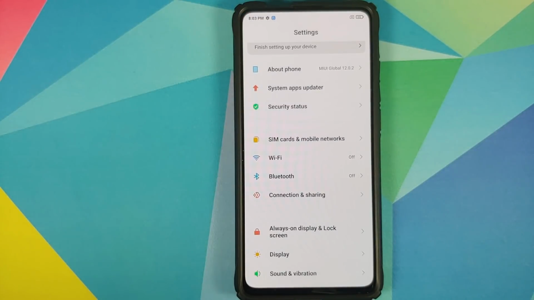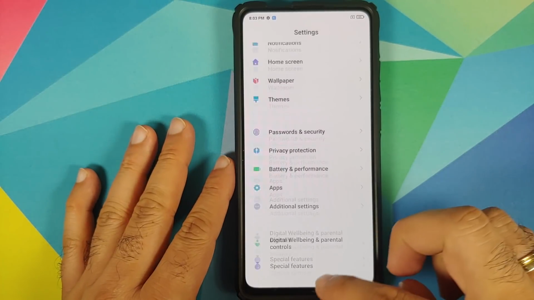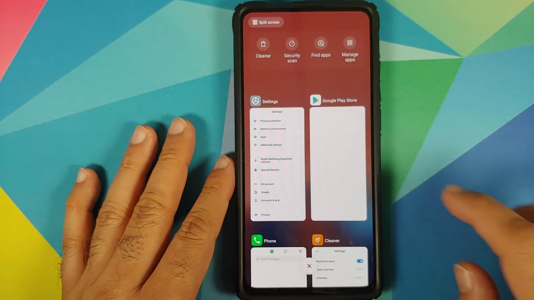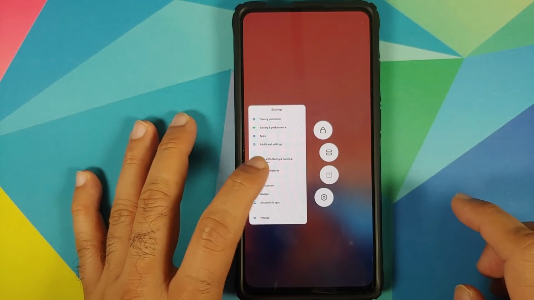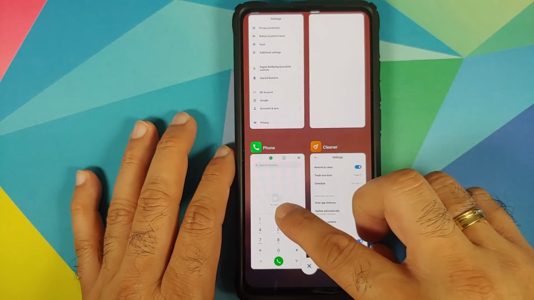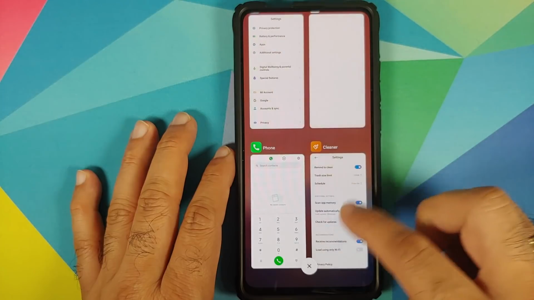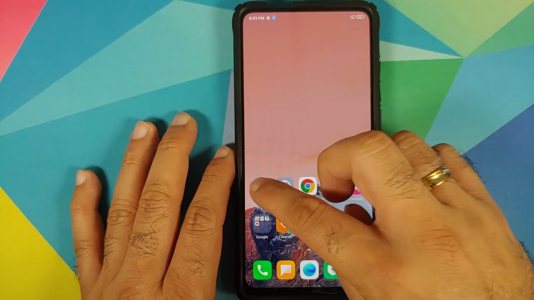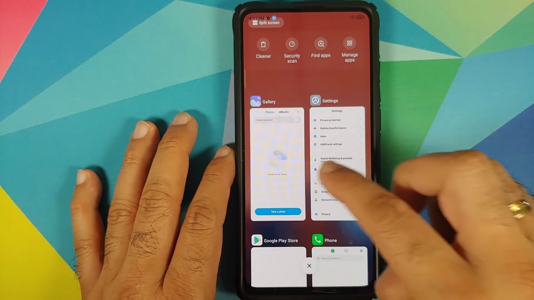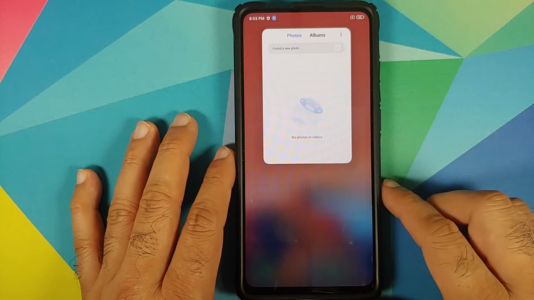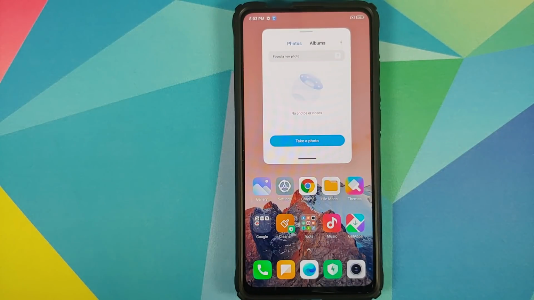Now, if you have already watched my video about 12.0.1.0 on the Redmi K20 Pro, then there's no point in watching this video because the only change you will notice from that build is that when you open an application in a floating window, then the corners are now rounded. So let us say I open the gallery application in a floating window, you will see that the corners are now rounded.